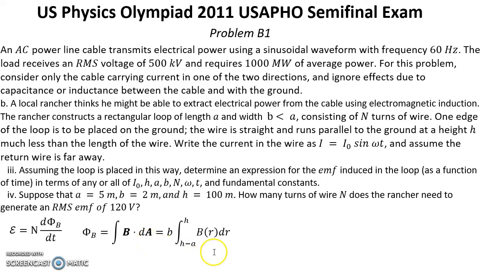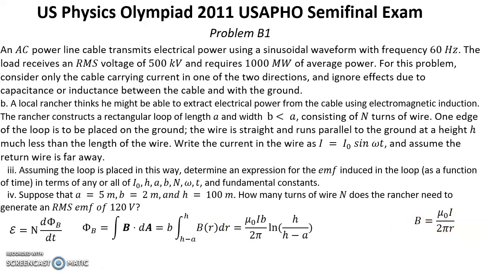and due to some kind of symmetry we can represent it in this form. And now we can use this expression for the magnetic field and put it in this integral. So the result for magnetic flux is this one, but we need to find the change of magnetic flux with time, and in this formula only current is a function of time, and the derivative of current by time equals